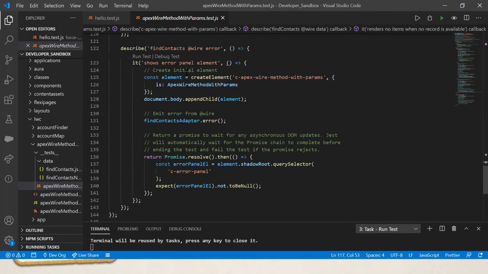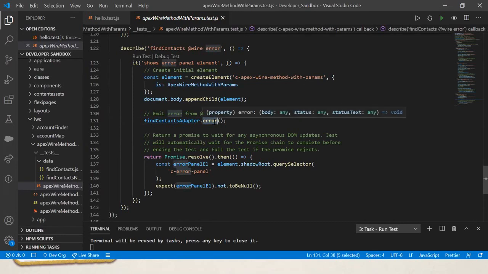And the last one is when you get the details from the server side, there is a possibility of getting an exception or error message. So at that time, we also have to verify the exception is thrown correctly. If any database errors occur, it will show on the top of the screen. So we have to validate and verify that scenario as well. Similar to the above method, we are creating that component with that find contacts adapter. So we are just adding and calling the error method.